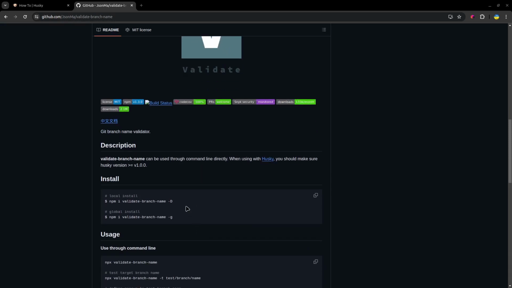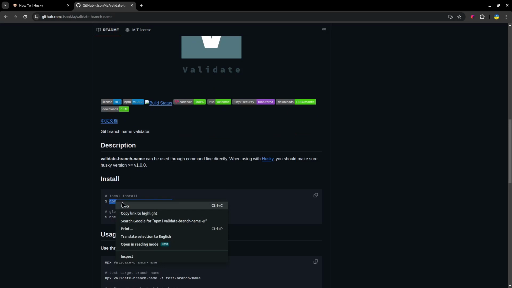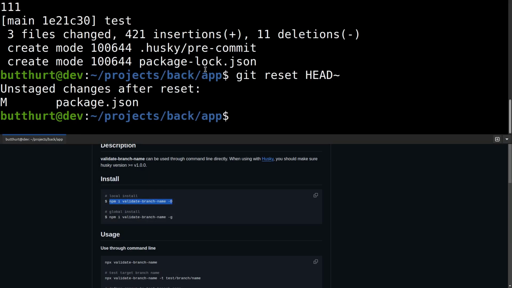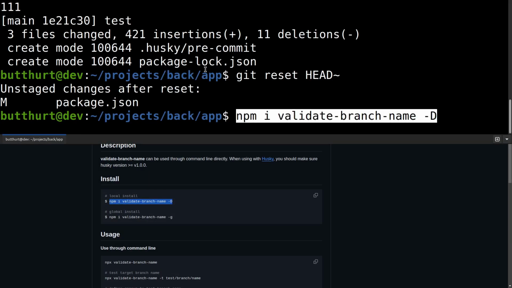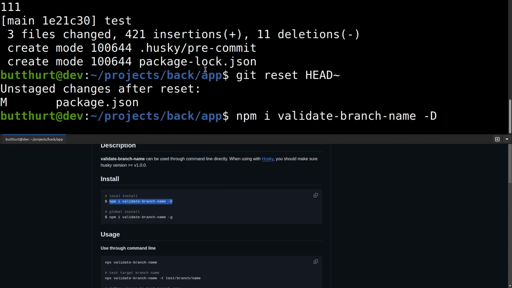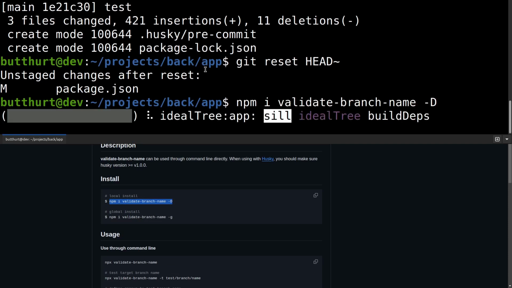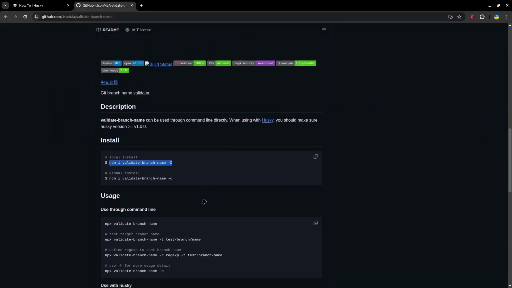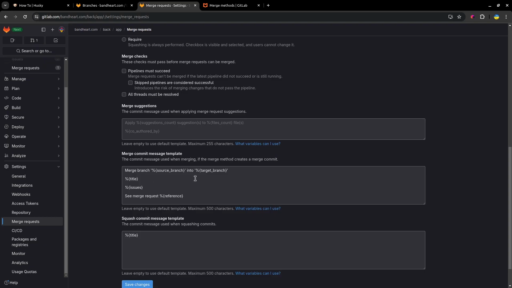First, what I want to check on the developer's machine is the Git branch name. I have found a ready-made solution, the validate-branch-name package. It's a very simple package. It just checks if the branch name matches specific regular expressions. This is important because it makes branch searching easy, minimizes the number of mistakes, and simplifies Git integration with your task manager. Also, this allows automatically generating a correct merge request description, for example, adding a checkbox for reviewers.